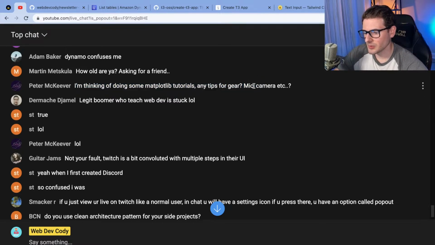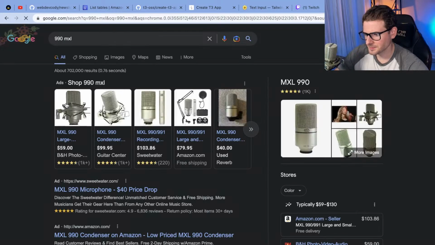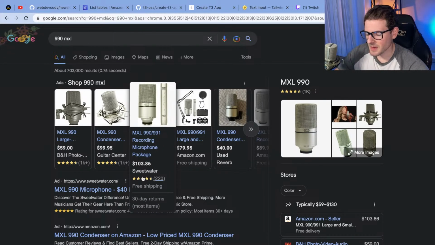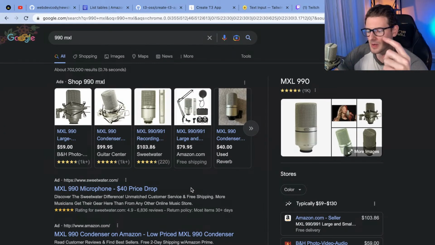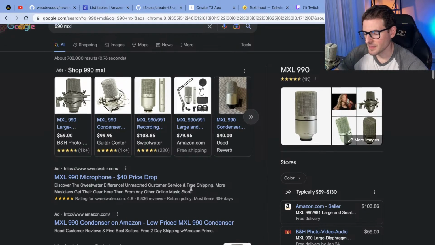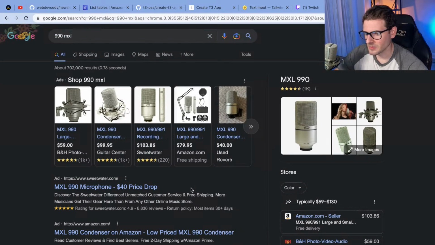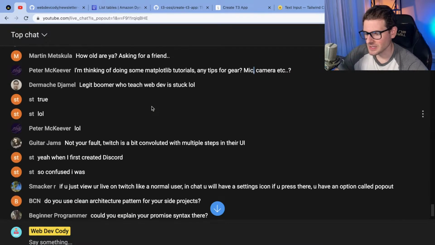As far as gear, I don't know. I have a really cheap 99 MXL. Is that what it's called? This is the mic I got on Amazon for like 80 bucks or something. The issue with this mic though is you have to have an interface. So you have to have another thing that's like $100, and then you have to buy a special cord to plug the mic into the interface, and plug the interface into your computer. But I just think condenser mics sound a lot better than other types of microphones. A lot of people like to use dynamic microphones, which are good for the podcast feel. But I think condensers just sound crisp.